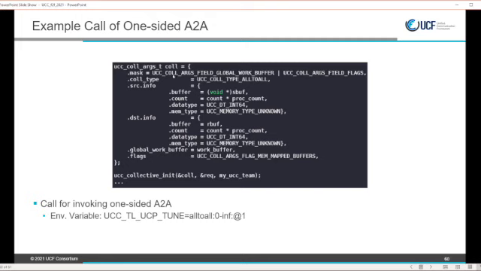The additional bits here are a mask to indicate that you have a global work buffer. This is assuming that you've allocated a user buffer. And this call args field flag indicates that you have memory map buffers, which are the segments that you passed in earlier on context create. This allows UCC to know that all of your memory has already been registered with the NIC and registered with the UCC context, so your collective should work appropriately. And you pass in a global work buffer, which is the work buffer that you allocated on the previous slide.